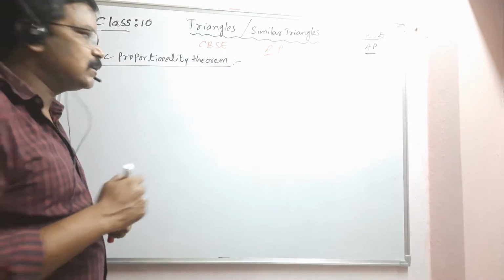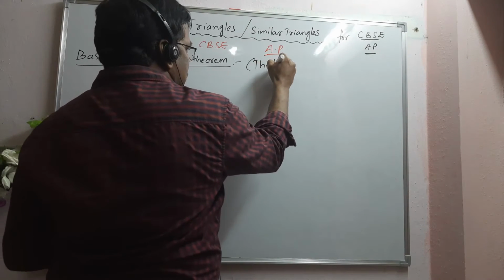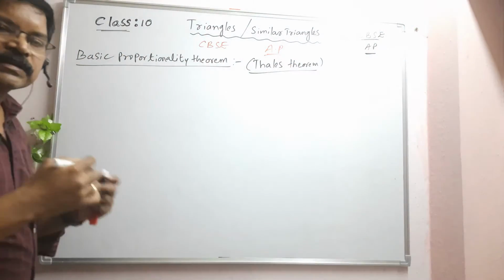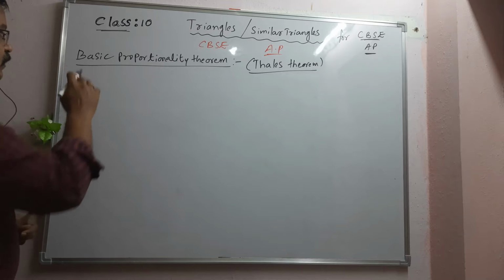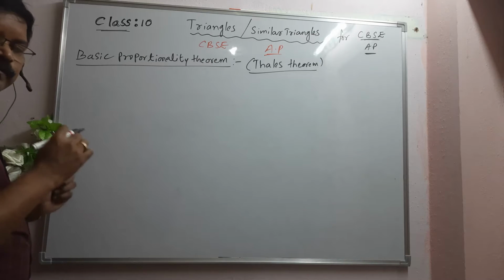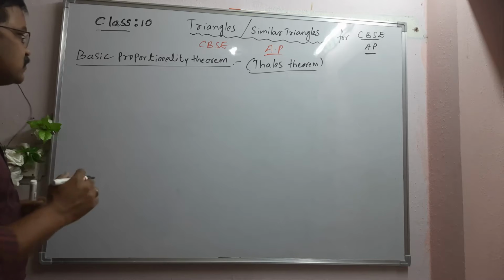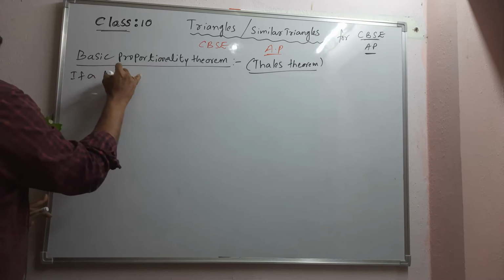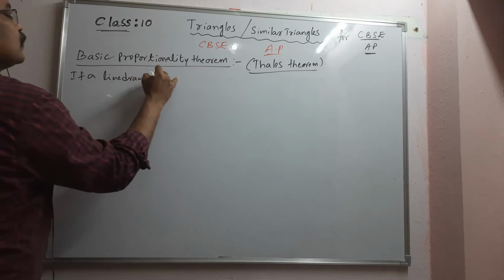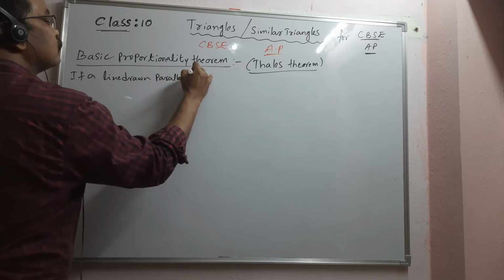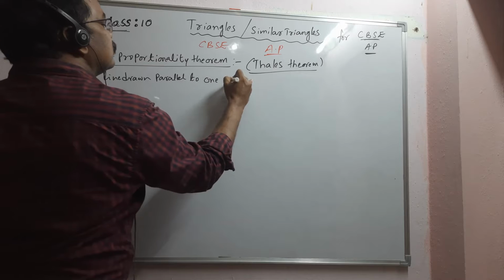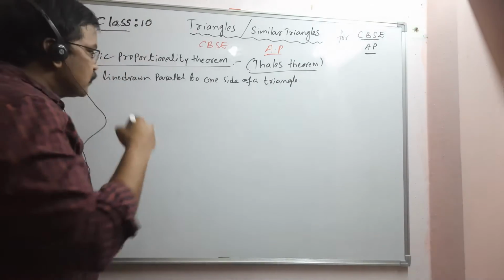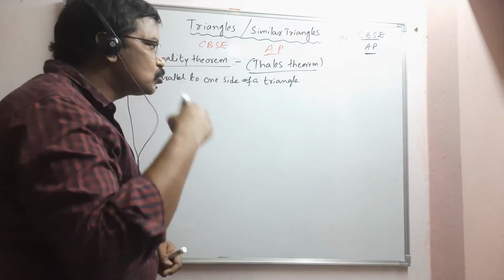Basic proportionality theorem. It is also called Thales theorem. So what is the statement? Basic proportionality theorem, I will teach in a very easy way. Right. See, what is the statement? If a line is drawn parallel to one side of a triangle,